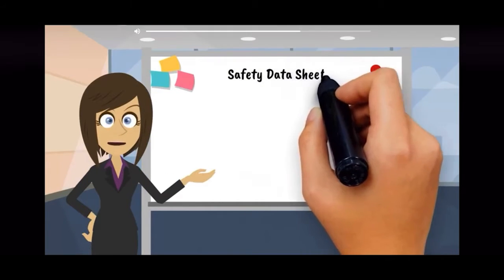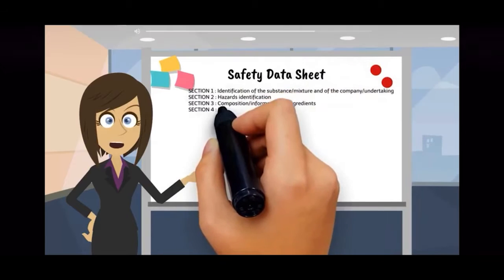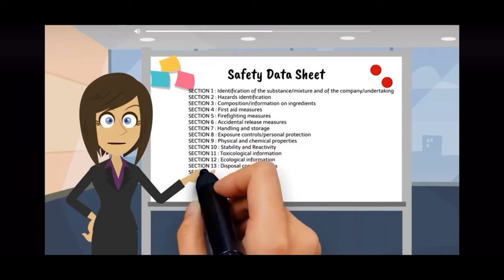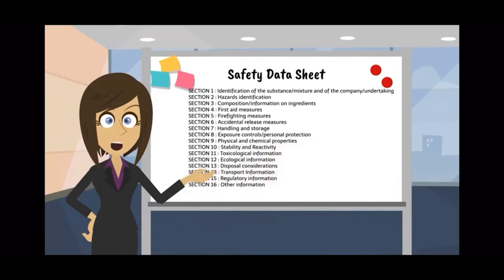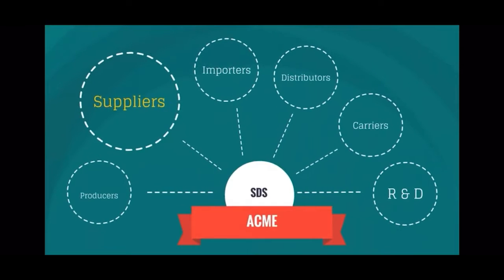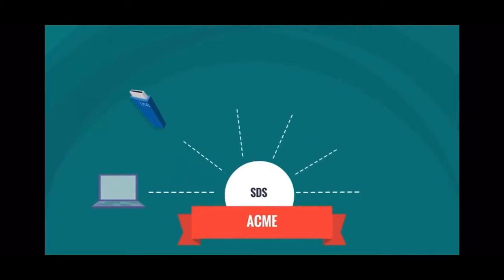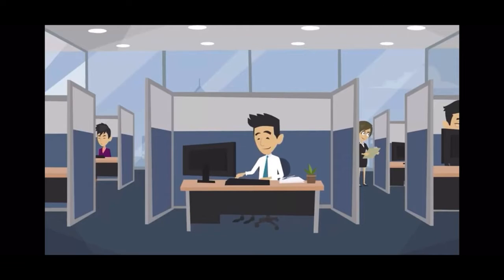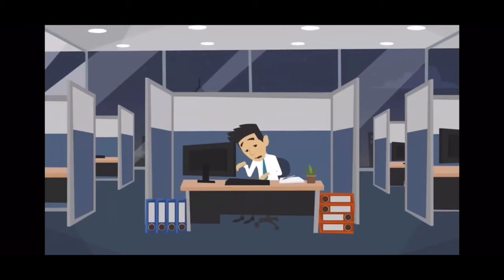Safety data sheets are the primary source of information concerning the hazardousness of chemical products, whether substances or mixtures, along the supply chain. Usually, once received within a company, SDSs are stored in a variety of ways. But considering the volume of the documents and data that need to be examined, managing all SDSs presents quite a